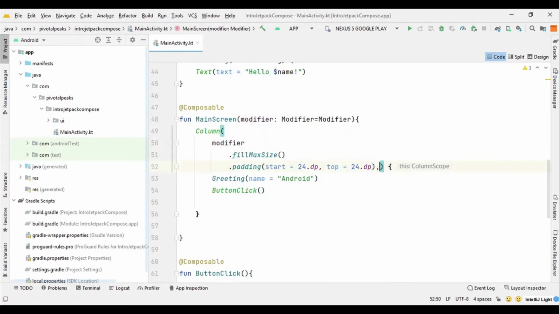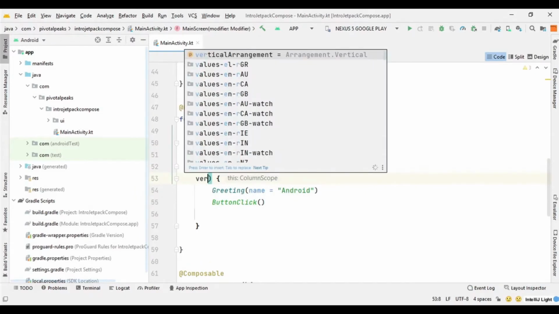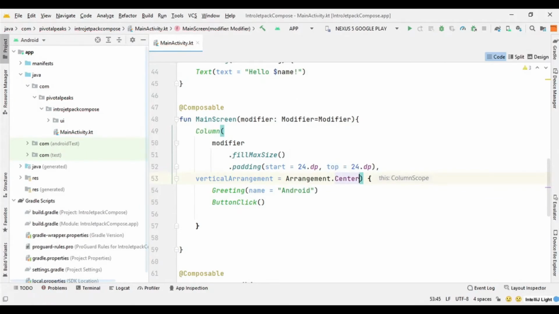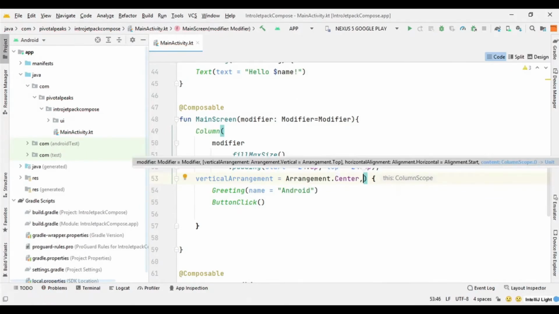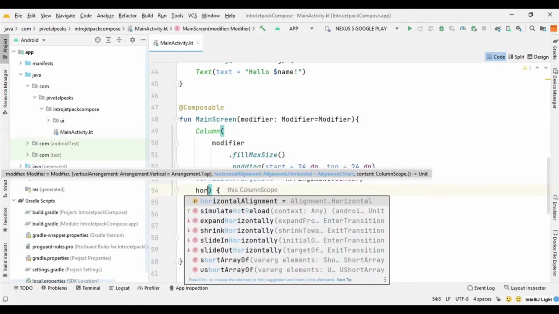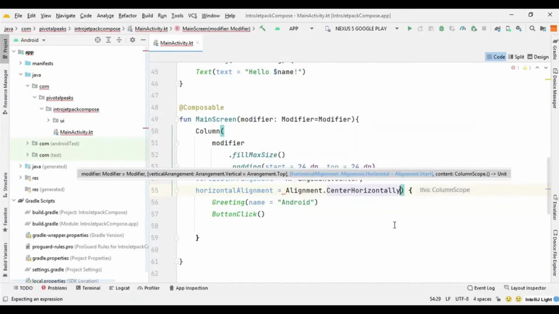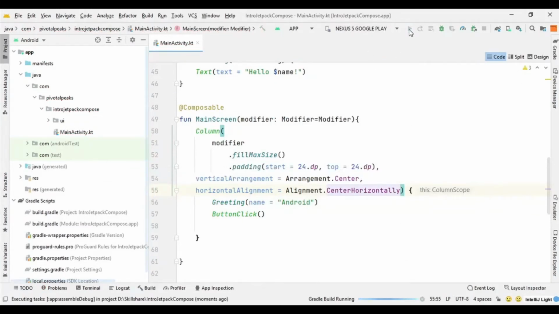So I will put a comma here and say vertical arrangement, and then I will say arrangement dot center, and then for horizontal alignment I will say horizontal alignment, alignment dot center horizontally, and let's run it and see how it behaves.